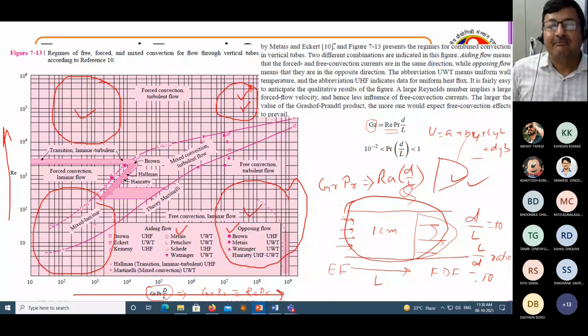In order to really come up with the plots and the solutions that are necessary, this is for regimes of free, forced, and mixed convective flow through vertical tubes. So you have an array of vertical tubes, and in that you are going for different types of free, forced, and mixed convection. From this only, you will be able to judge whether the flow is laminar or turbulent. Suppose you have designed something, and you want to know which domain you are in. Then from this Reynolds number and this Prandtl number, you want to know what my transfer coefficient will be. All this can be done app-based.